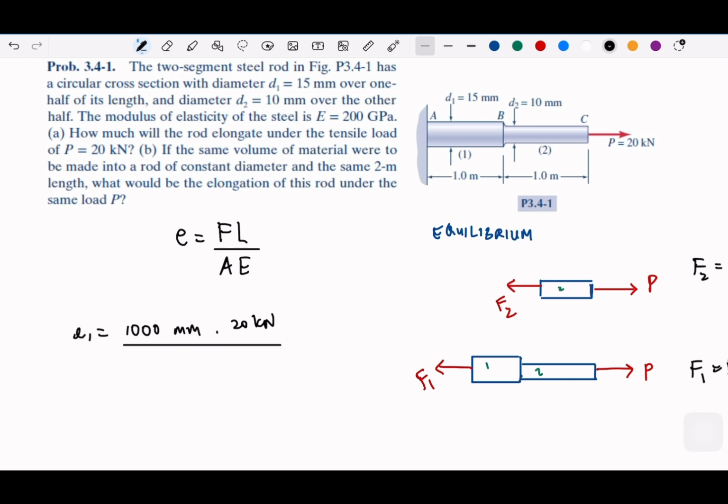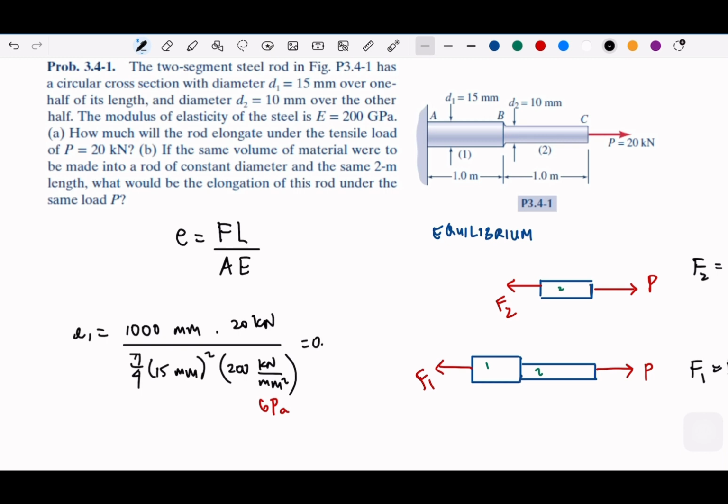And then the diameter is also in millimeter, so pi over 4, squared, multiplied with 200 gigapascal, which is 200 kilonewton over millimeter squared. Megapascal is Newton over millimeter squared. Gigapascal is just multiplied by thousands. So we get the elongation 1,